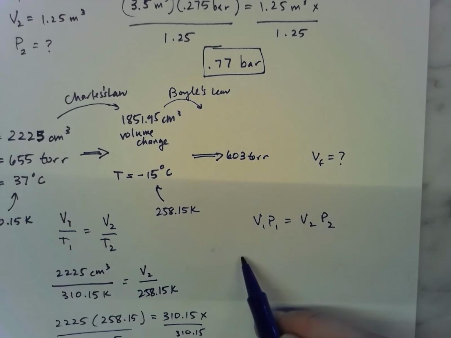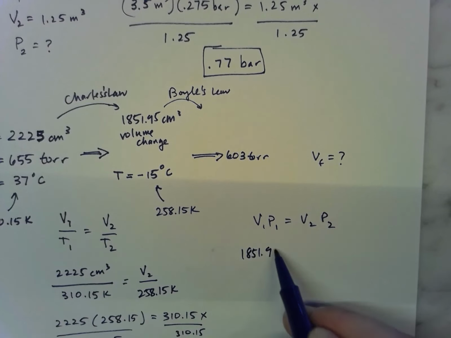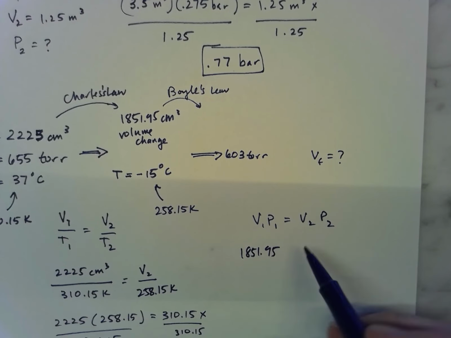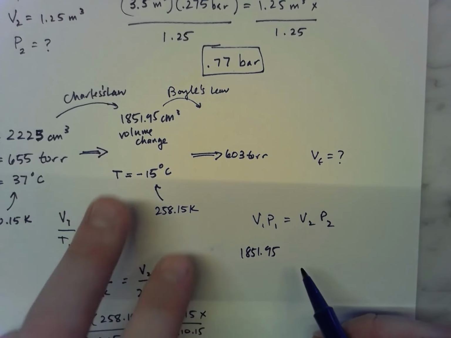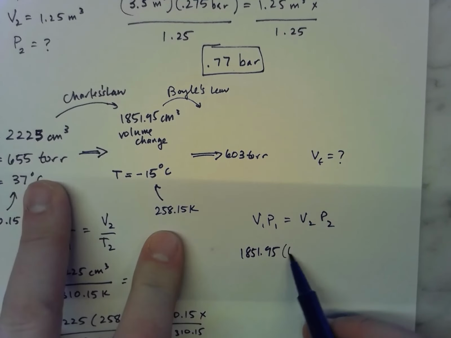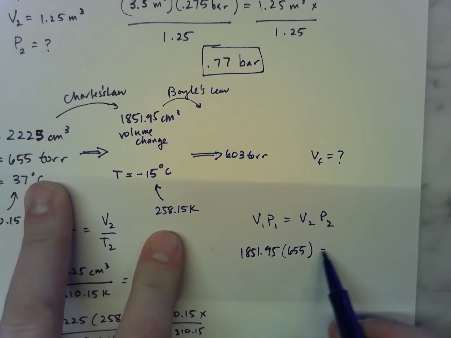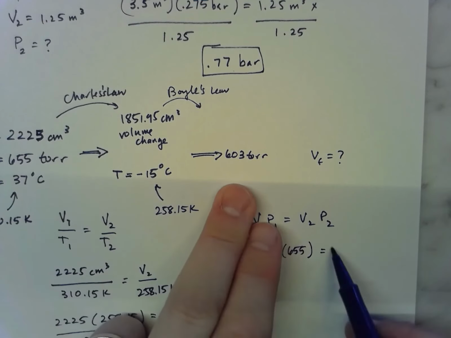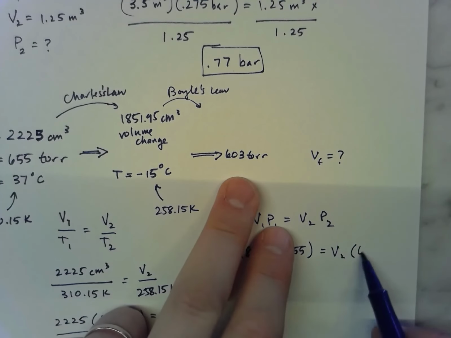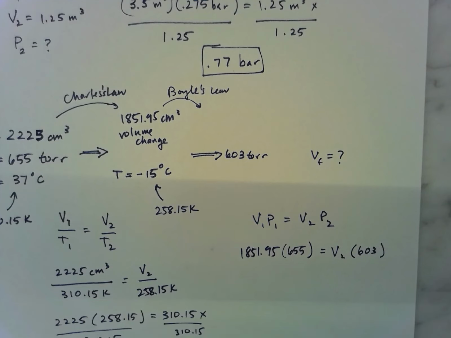Volume 1 is 1851.95, times pressure 1. What did we say it was? 655 torr. And our volume 2 is what we're looking for because we've changed our pressure to this. Divide the whole thing by 603. And what do we get? V2 is equal to